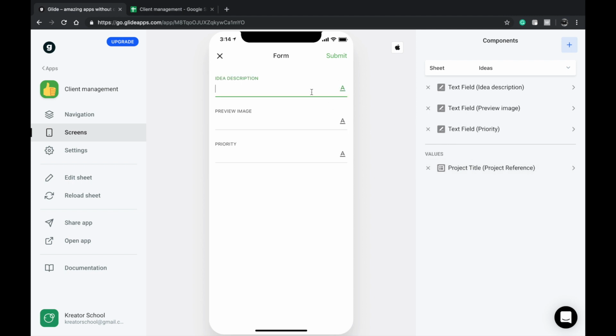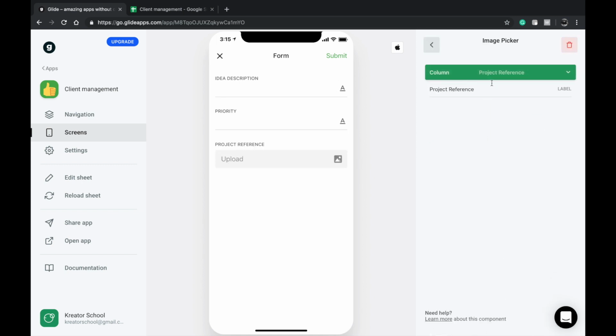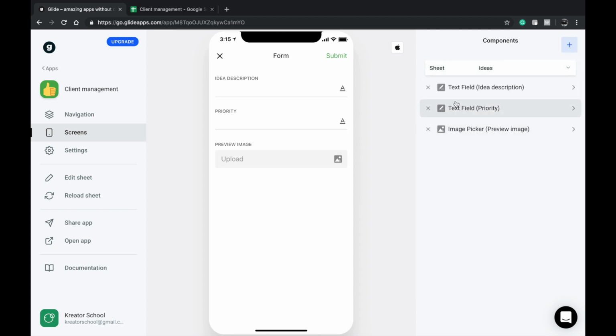And again, preview image. If I add the preview image, you know what will happen? Let me remove this and add an image picker and make that the preview image. If I go back, that old thing that I added just got removed. So let's go ahead and